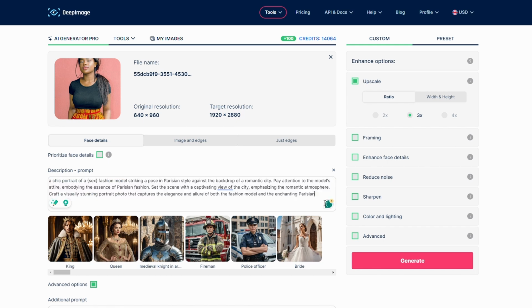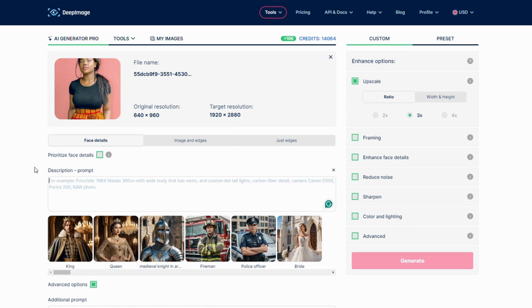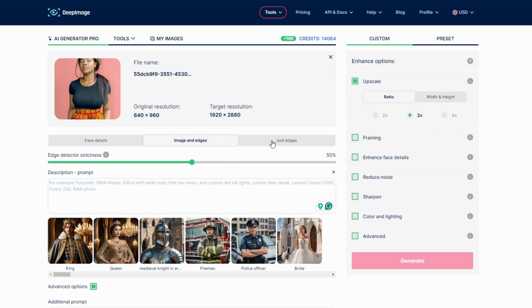The second way is to take advantage of image edges and colors, or maybe just edges. That's super useful for various applications, but even with the photo that we have right now of the person, we can actually try and do something interesting with it. We can, for example, change this person completely. Let's make a woman with blonde hair and yellow clothes. And now let's mark just edges